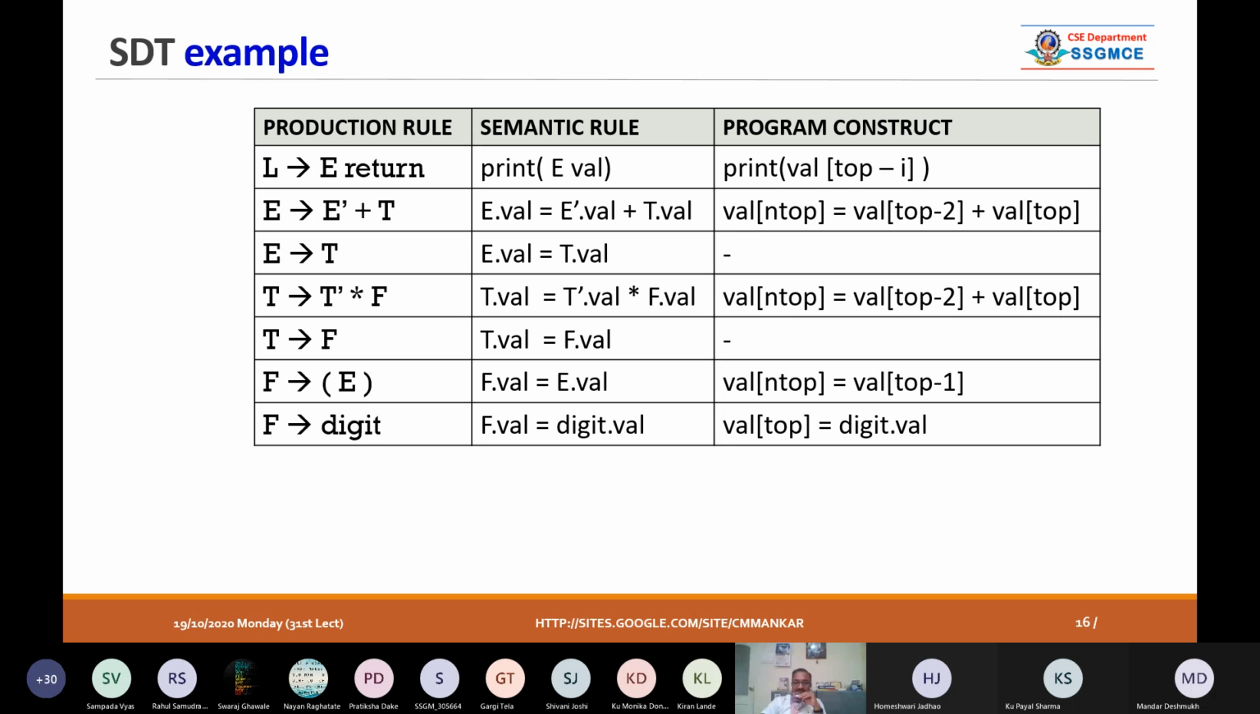So in this way, for example, last is there, F is digit. So just recall, we have seen their ID in a previous grammar, expression grammar. Here it is a digit. So digit can be single digit or multiple digit. We don't know. So F is giving you digit. So F.val is equal to digit.val. So actually digit.val is some